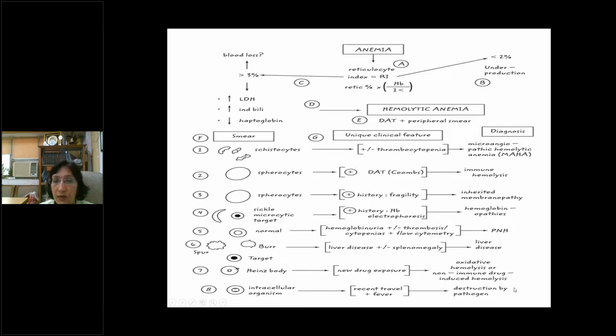Then for specific investigations: for spherocytosis, you will order the osmotic fragility test. For sickle cell and thalassemia, you will order the hemoglobin electrophoresis test. For liver disorder, you can do LFT and related tests. For autoimmune causes, you can go for the Coombs test, direct or indirect. Then according to the disease identified, you can order your treatment.